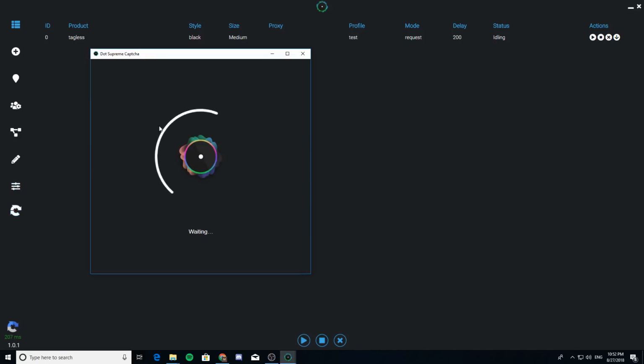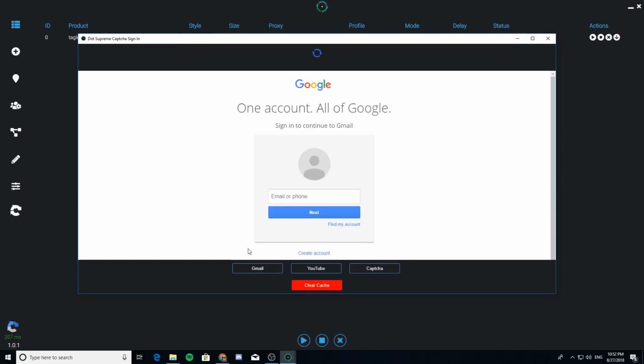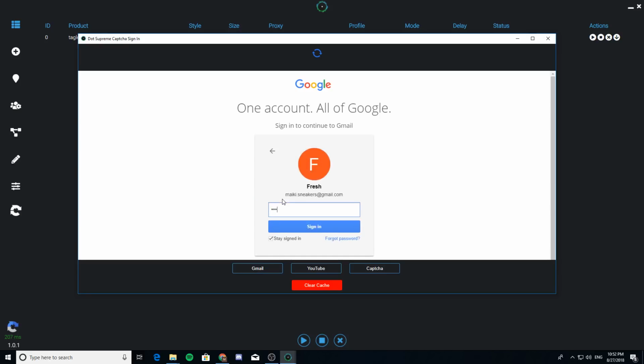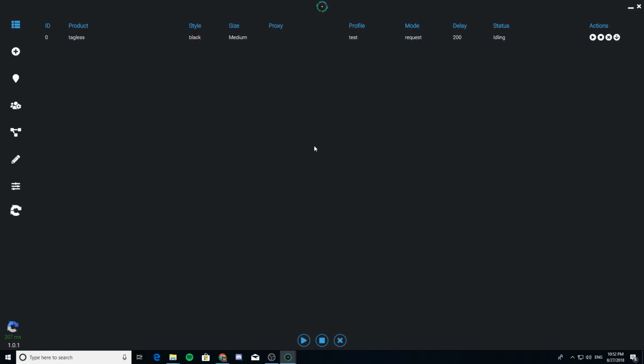And so normally, when doing a task, you want to make sure that you're logged into your Gmail account. Let me log in really quick. What this does is it incorporates your Gmail cookies into your bot's tasks, and so you'll be less likely to